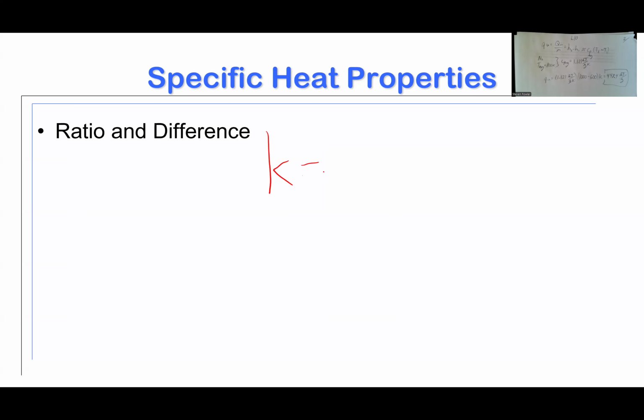I should have changed my ink back from black there. It's okay. Lowercase k, especially for ideal gases, is the ratio of C sub p to C sub v. We talked about last time that C sub p is always the larger quantity, because if we do have the oversimplified constant pressure scenario, kind of like we saw in the last problem,